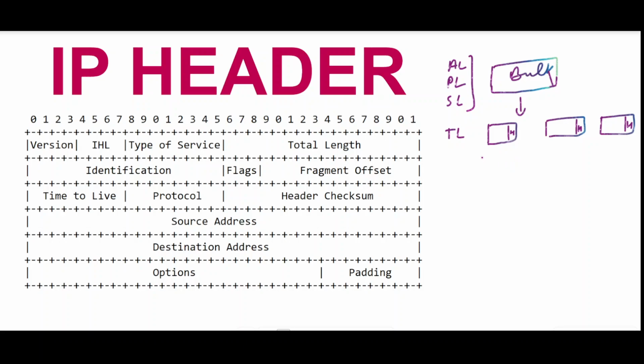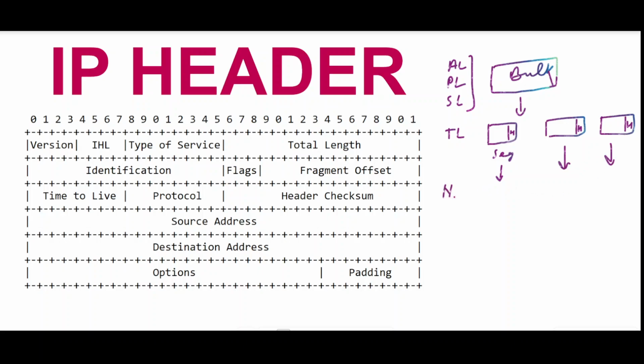Clear? And when the other machine receives this data, this is known as decapsulating. Clear? The same things, so don't worry about this. Now this is a segment, clear? Now this segment comes to